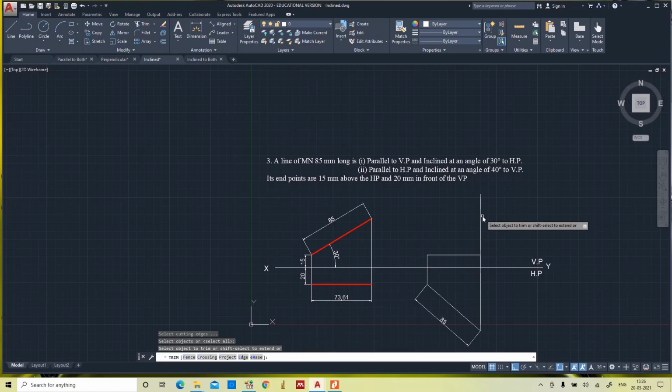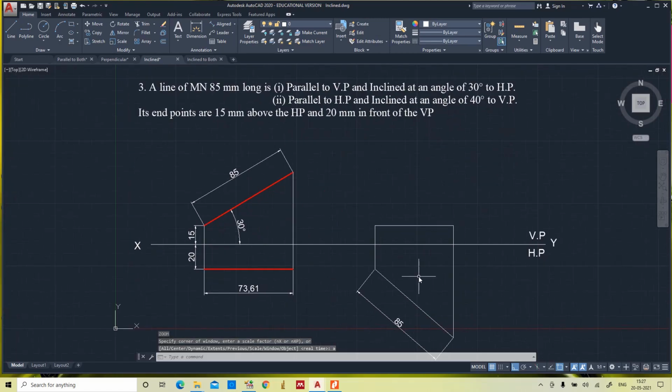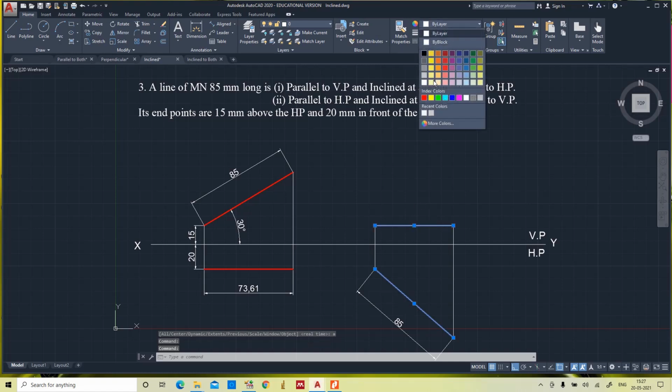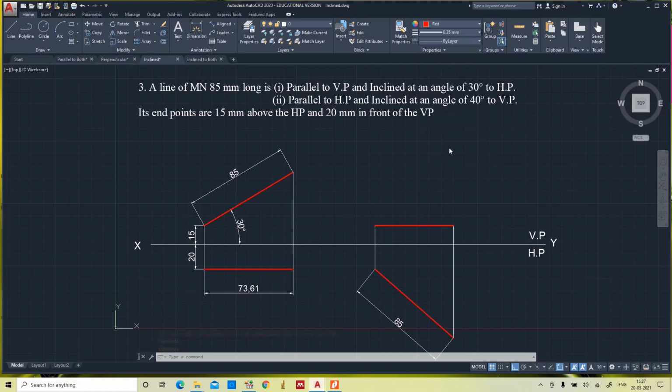Trimming the unnecessary portion. Yes, so this is the top view and this is the front view. See, 40 degrees to VP.